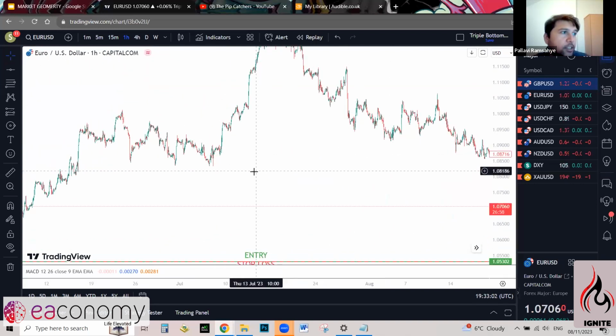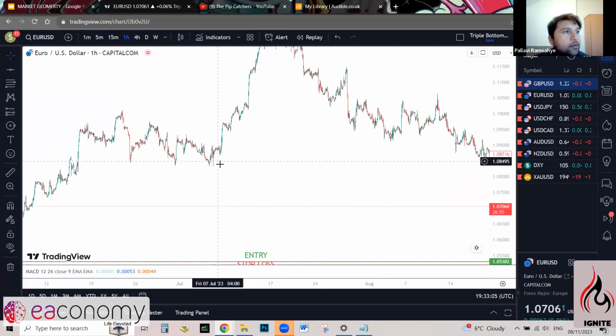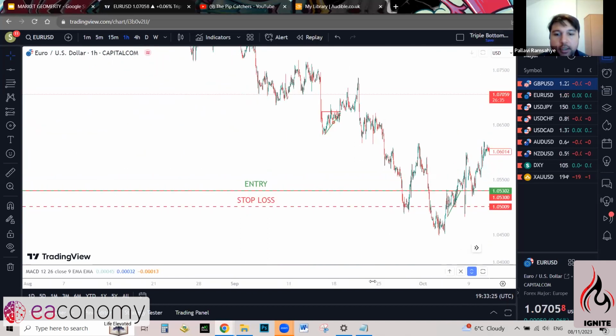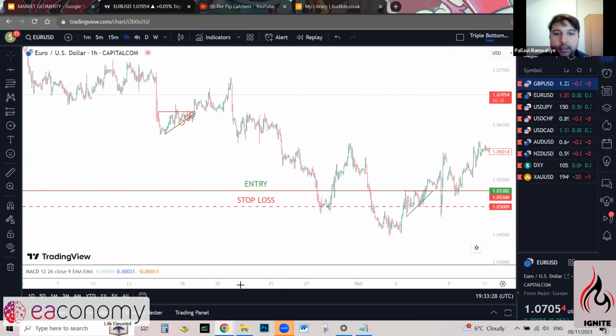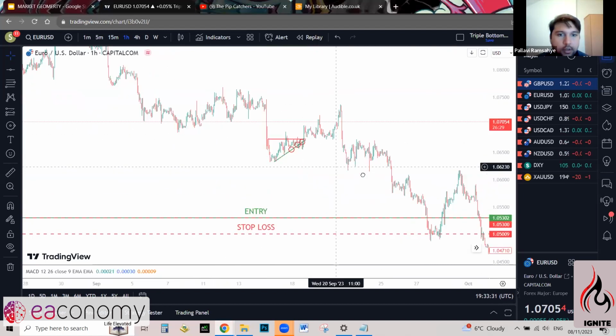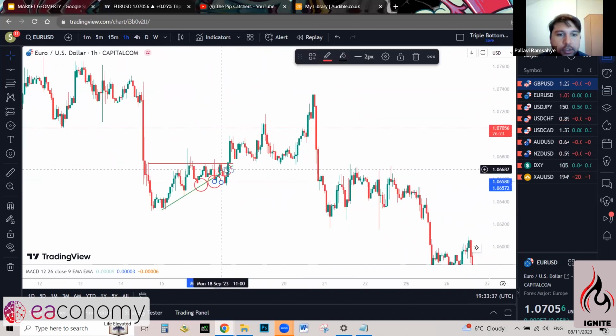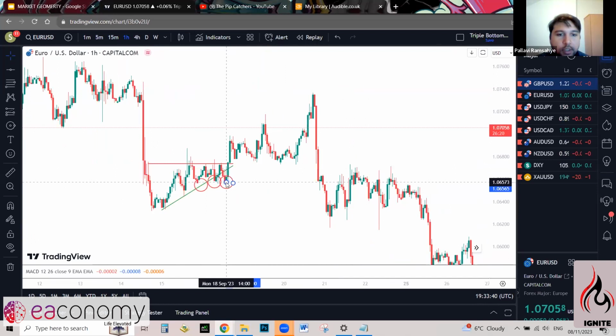Does anybody have any other questions? So if you're asking particularly about this pattern, the reason it's not valid is because we kind of lose the upward momentum on these 2 points. That's why